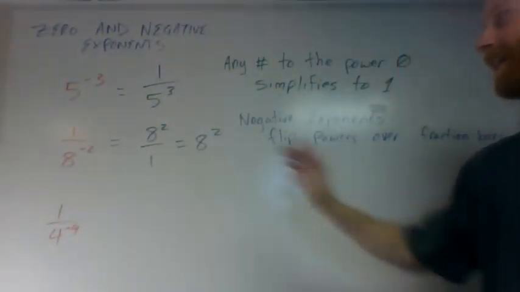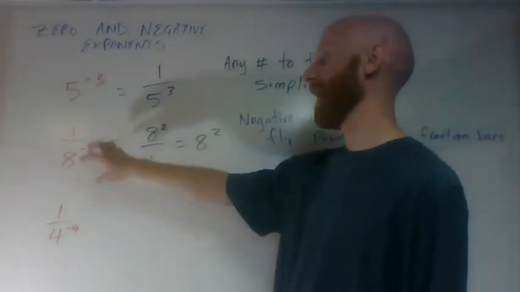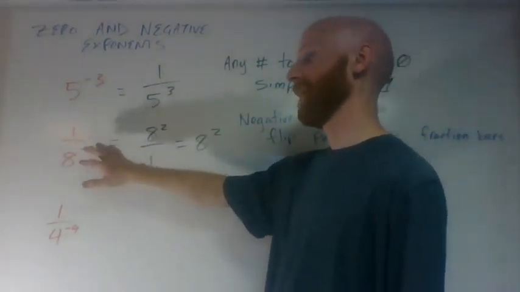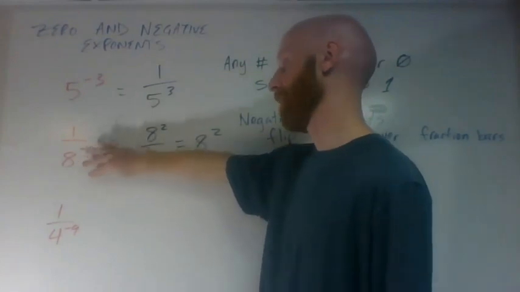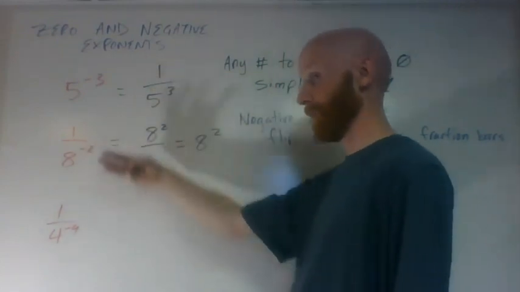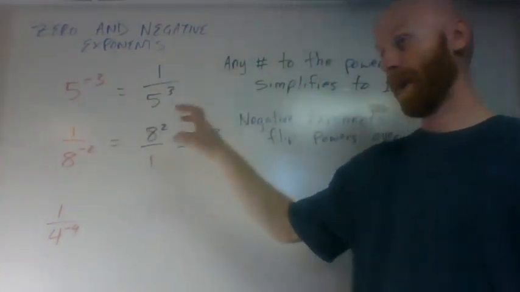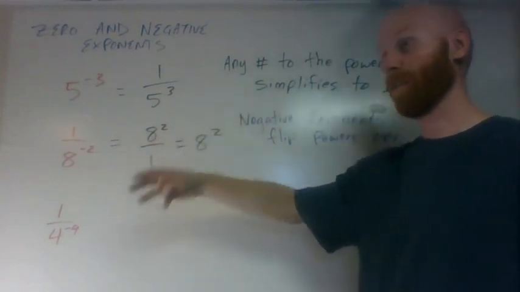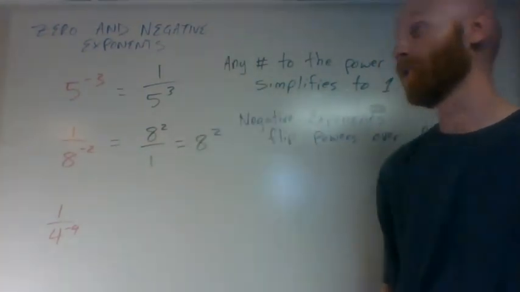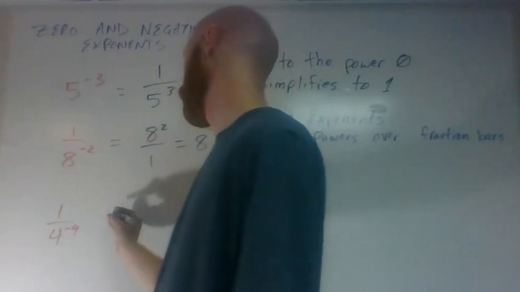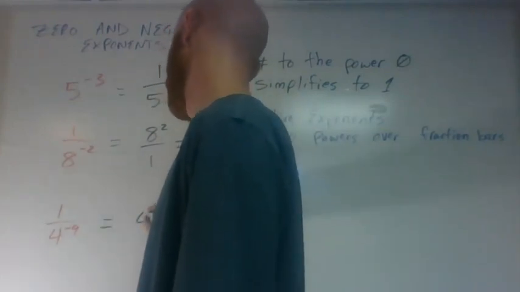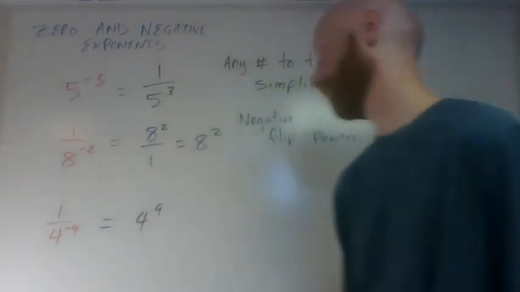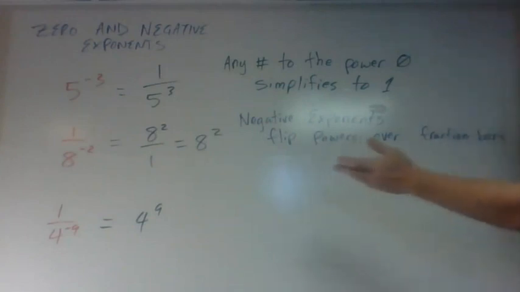Okay, so if the negative exponent is already in the denominator, it still flips that power over a fraction bar, and it flips it up into the numerator position. All right, 1 over 4 to the negative 9 would be 4 to the 9. 4 to the 9 over 1 is 4 to the 9. Okay. Again,